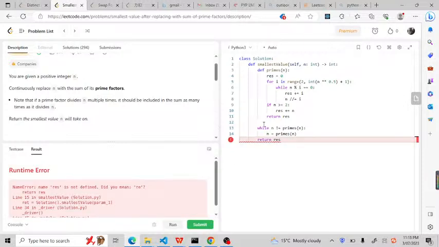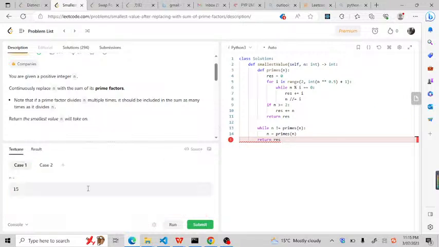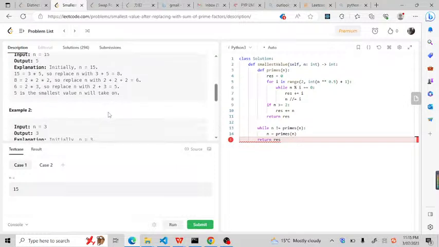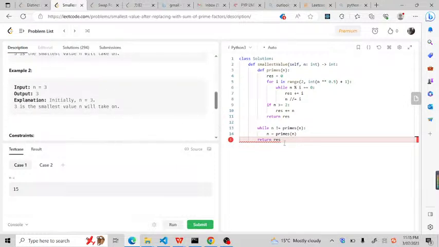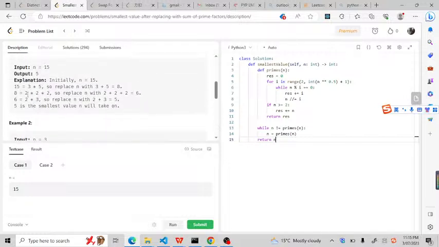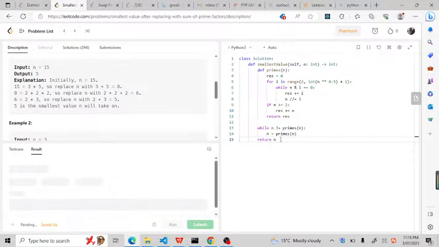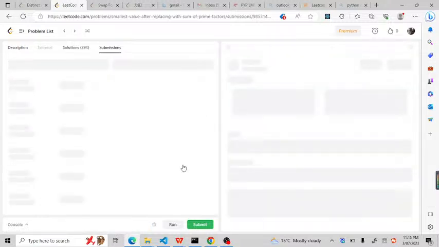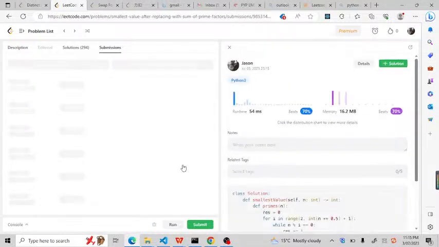Result is not defined. I'm sorry, let me check. We need to return n. Yeah, because the final result will be 5. For example, here 5 is the smallest. We just need to return n. Let's check. Let's submit it. So it is